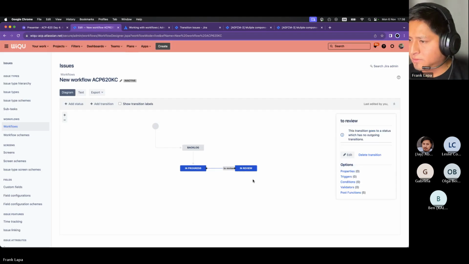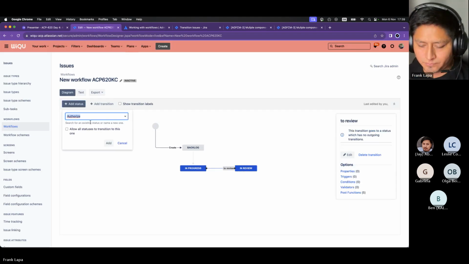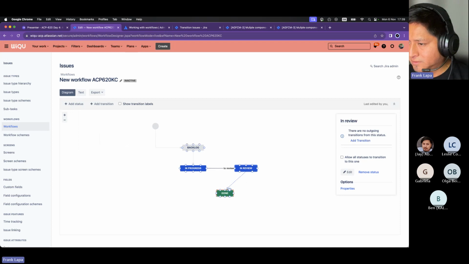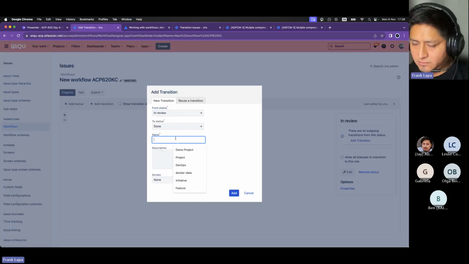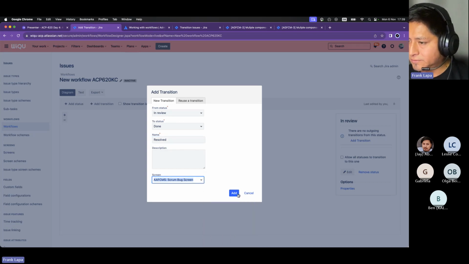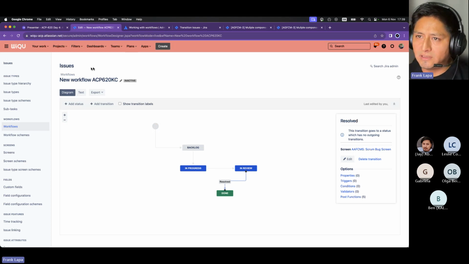Review. And the last one. Done. So I created a very, very basic workflow. And instead of, let me add also this one. And instead of